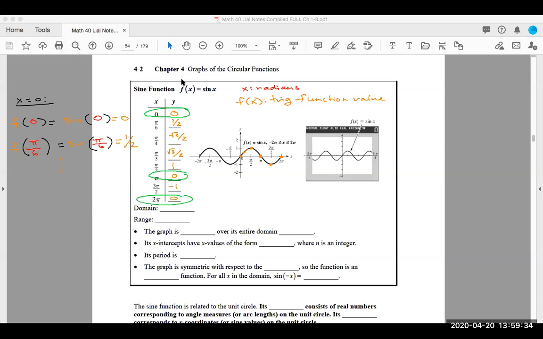Okay. And we're also concerned about when we get a function value of 1 and when we get a function value of -1. So essentially for your sine and cosine graphs,